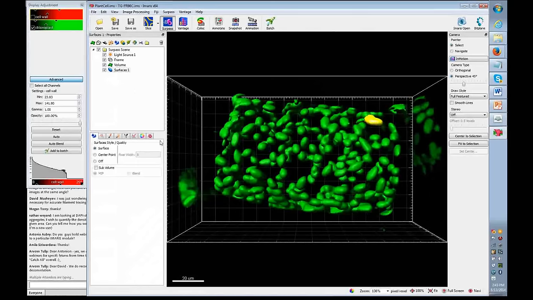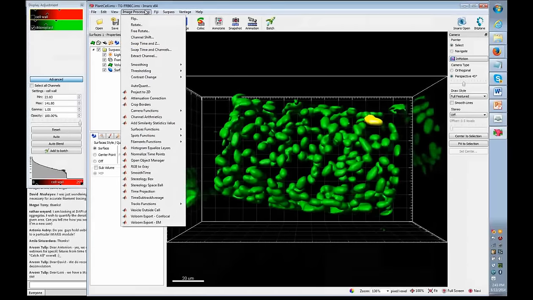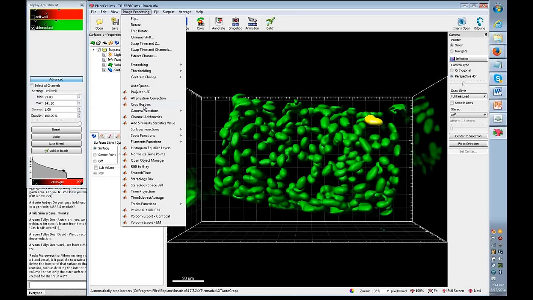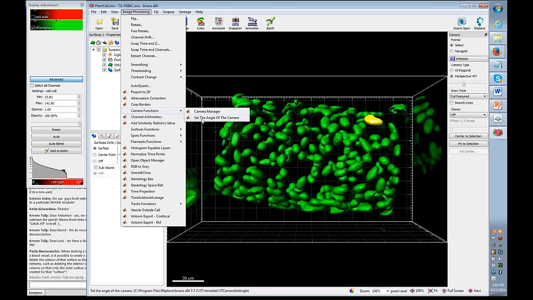There's a couple different approaches you could take. The Imaris XT programmable interface does have an interface to the camera in Surpass. So if you go to the image processing menu, you'll see a number of MATLAB-based functions if you have this module, and there are a couple called camera functions. One is set the angle of the camera,